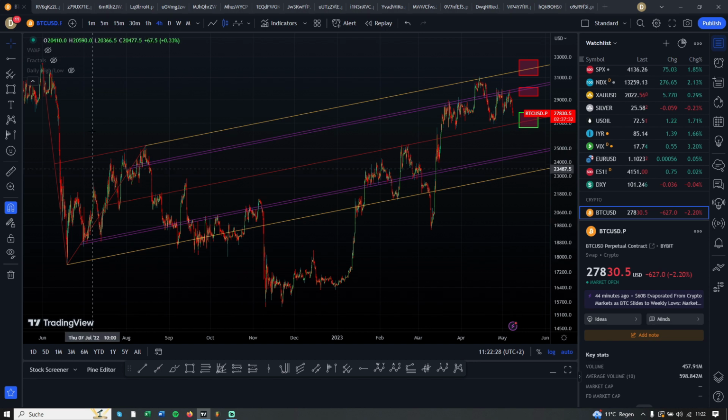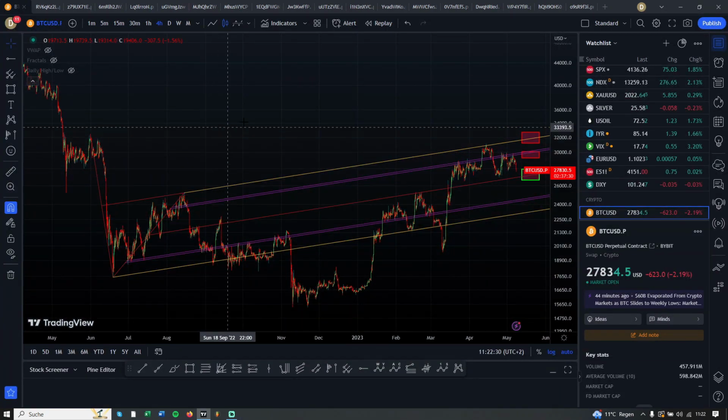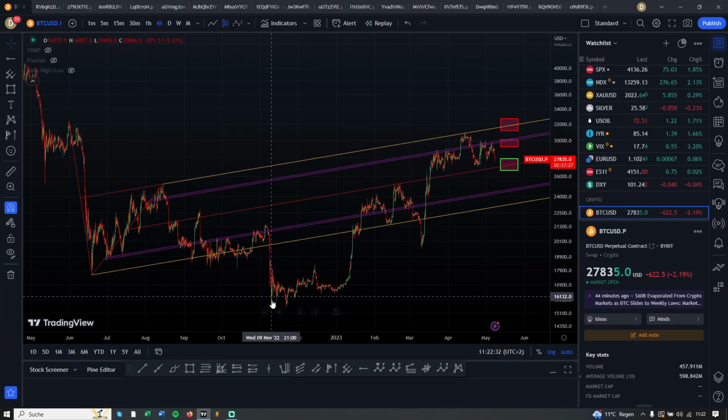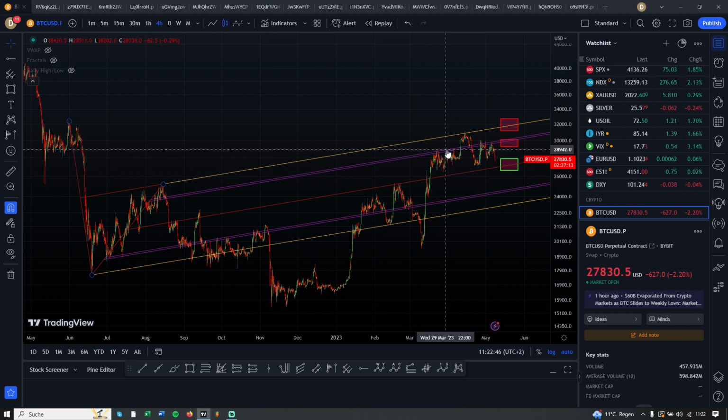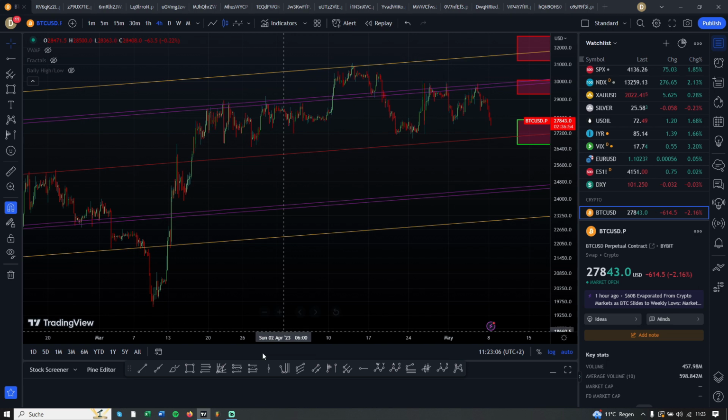Right, this pitchfork here is also showing us huge respect. You see, we were here, then we got back into this. The midpoint is perfectly respected, fell to the downside, reclaimed it. Now at the 618 CC holding as resistance, break up to the top, back down, and now rejecting from the 618 again. And the midpoint here is coming in as support. Another support level,